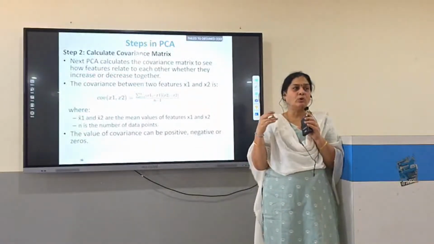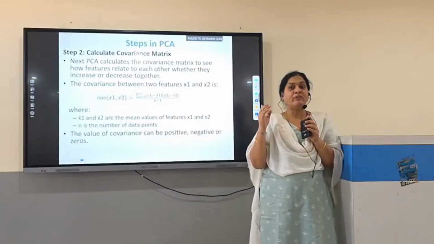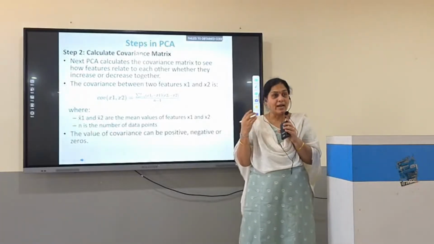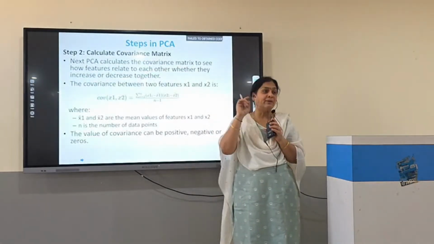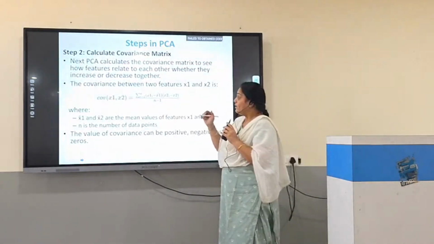Maximum variance we want to capture. Right? The maximum variance in the data we have to capture. So how can we do that? Only by checking the correlation between the attributes. Okay? So that you have to find using